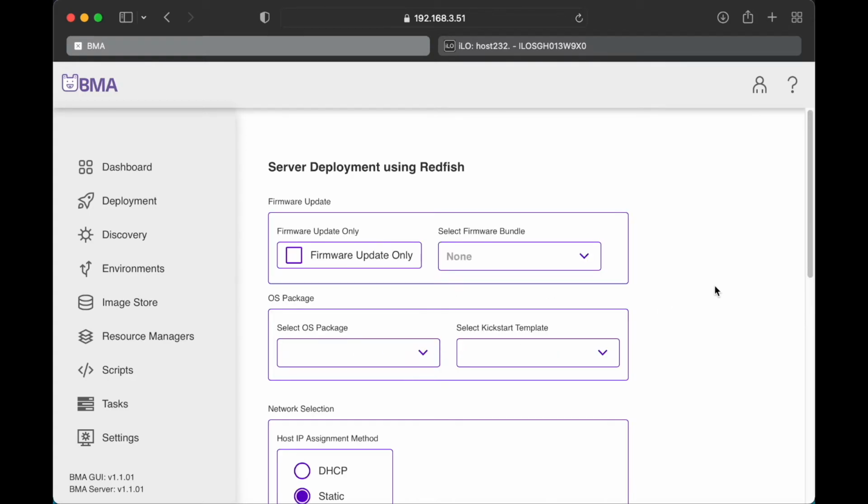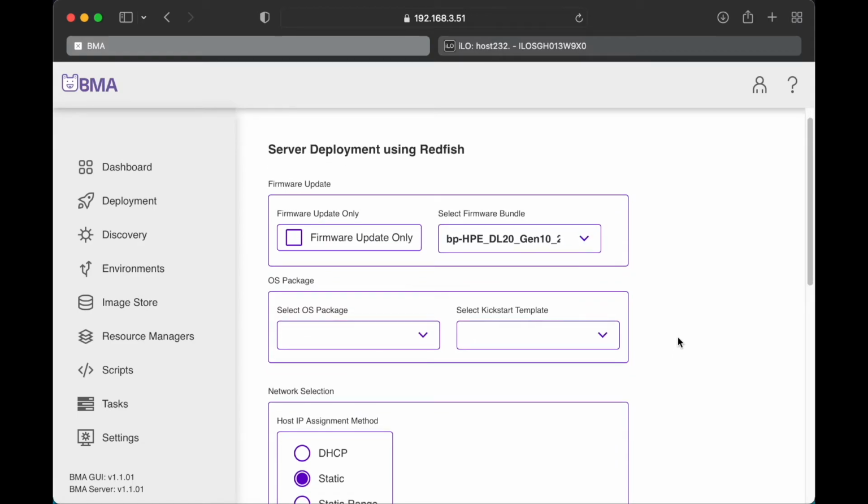The next page shows input fields. Selecting the firmware SPP bundle for firmware deployment. Now selecting the OS, image and Kickstart configuration template.